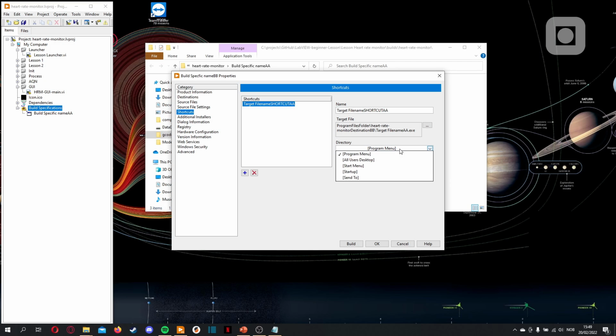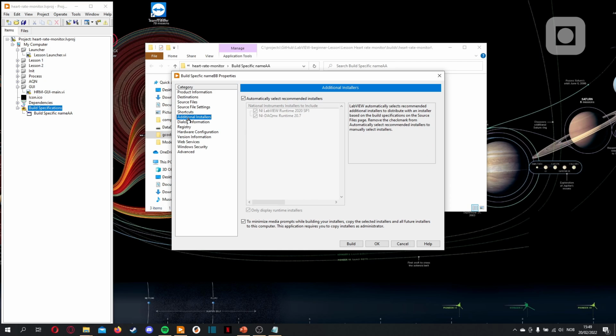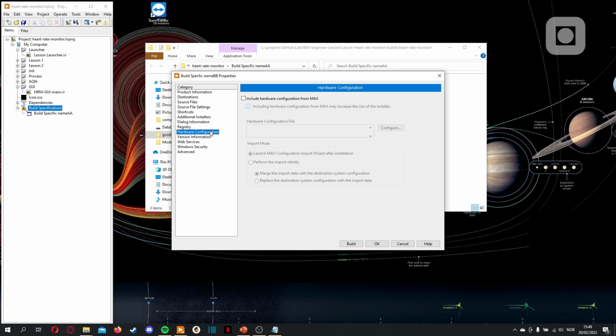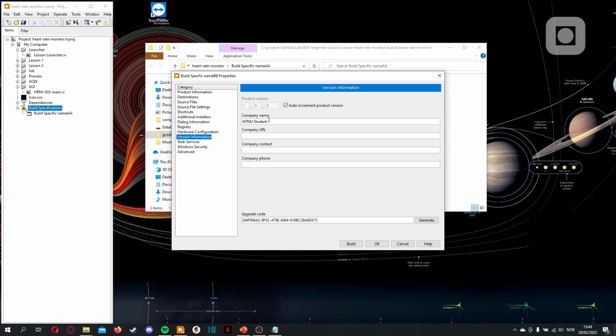And we could say where we want it programmed. We could have it on the desktop, wherever. This is up to you. And then there's additional things, like you could have auto configuration of things from Macs, etc. Company name again, then we'll just put company name BB, and we could add a website. You could, for example, have .ntnu.no, and yeah, company to contact, etc. You can add more information up,